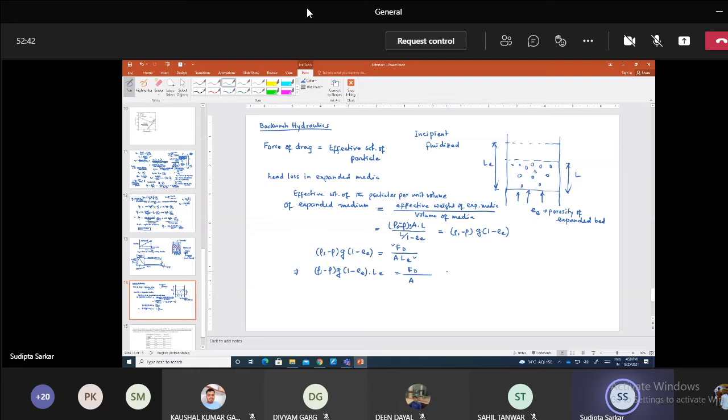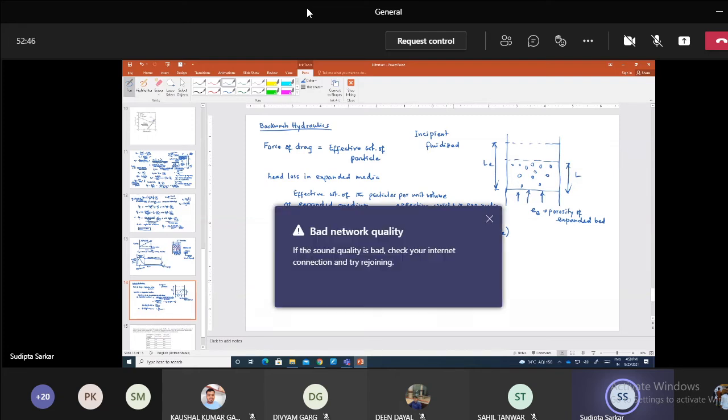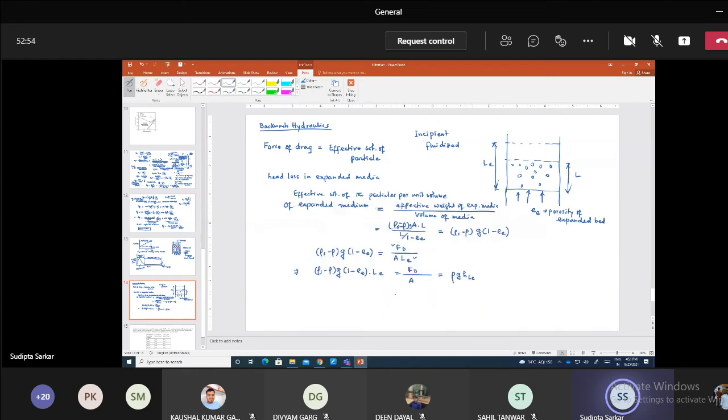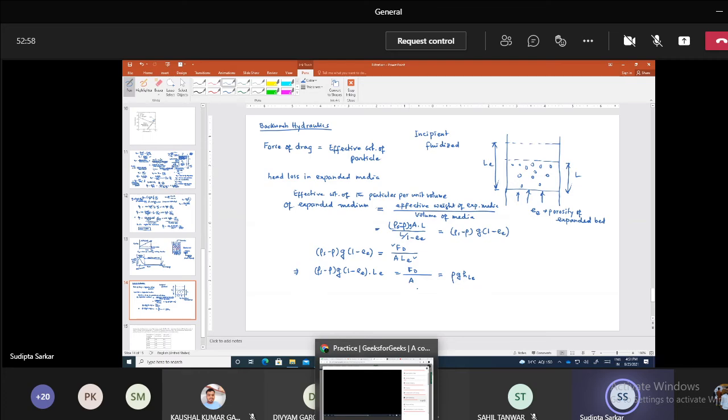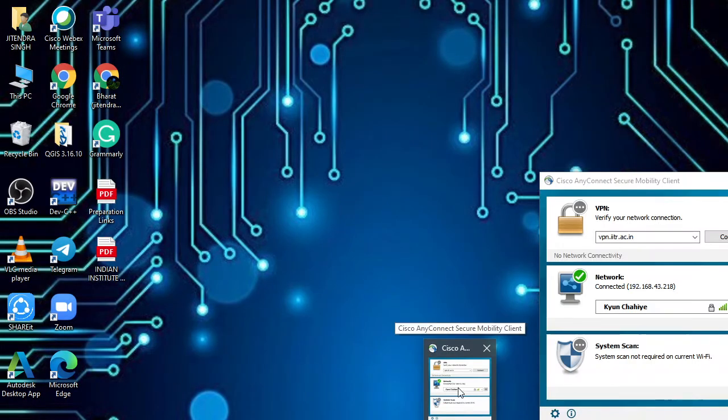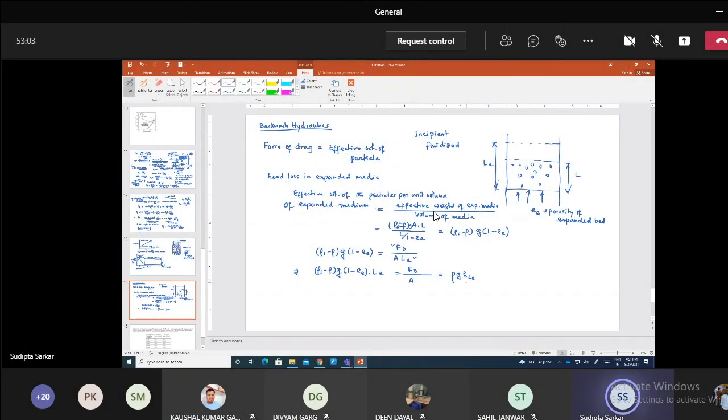Okay, and what is this force of drag divided by A? This is nothing but the head loss through the expanded medium, right? So this is nothing but rho g into h into L_E. Okay, so this is in terms of head loss. Now that means